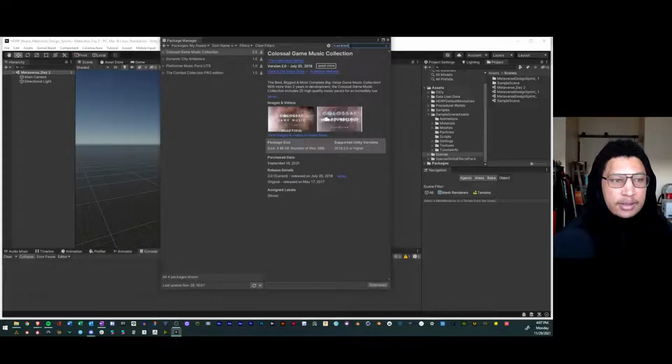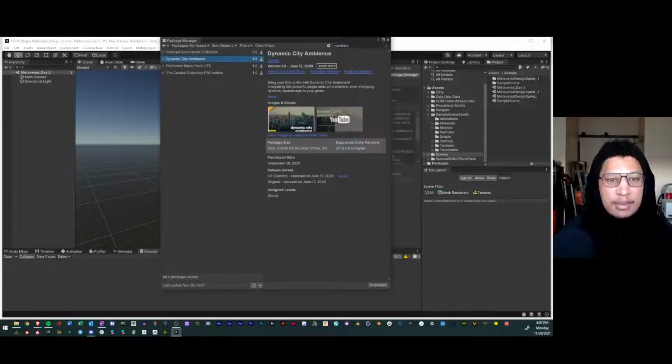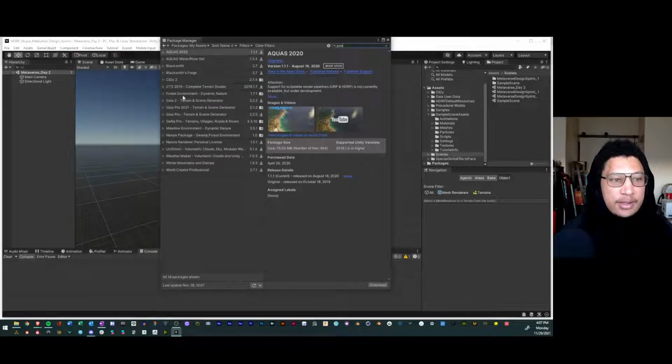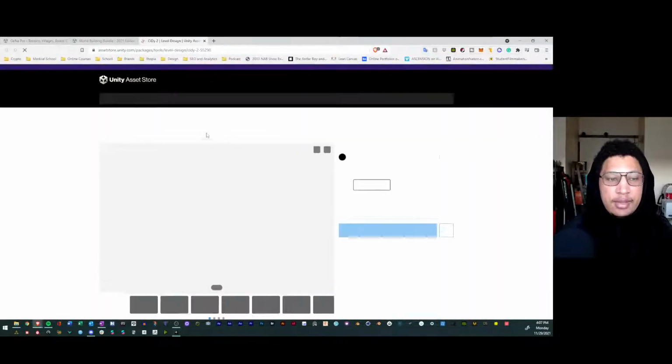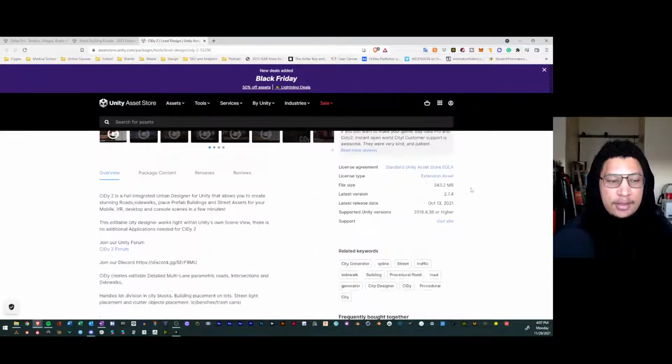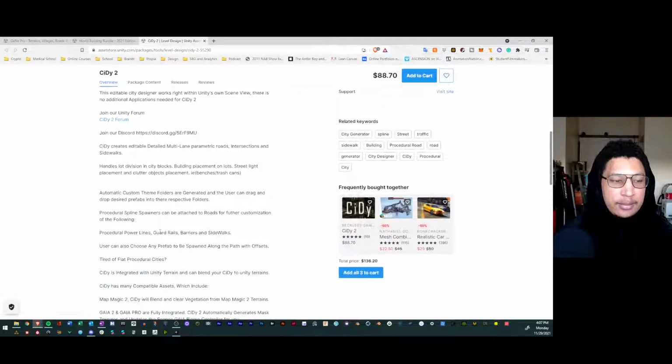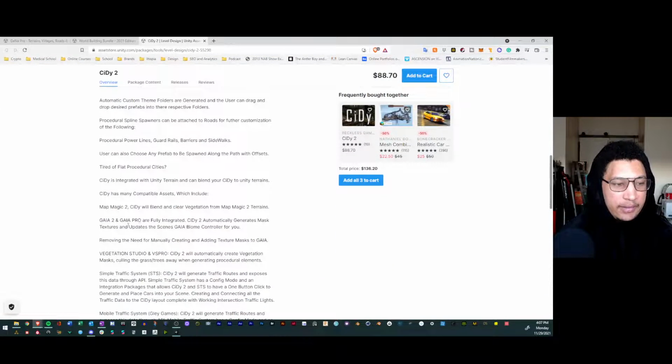No, I don't have it. I just have dynamic city ambiance. But the last one that I have is City, and City is not by the same maker, but it works very, very well with Gaia. Let me see if I can find it. Yep, Gaia Pro fully integrated,